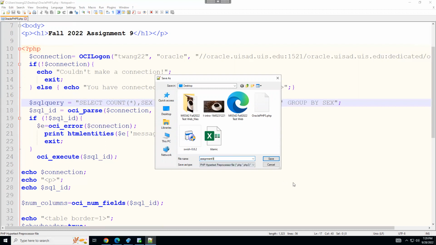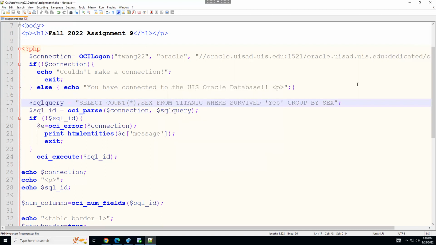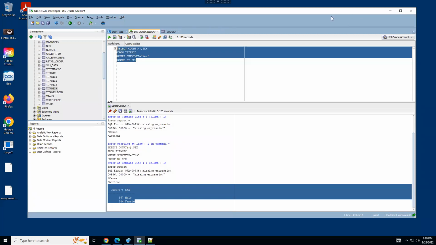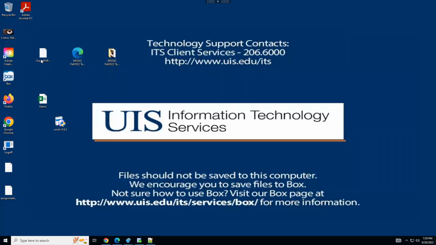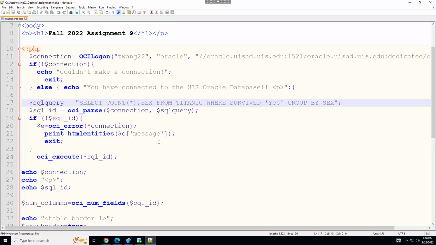Assignment 9.php. On your desktop, you should be able to see it right here. This is assignment 9 php.php. So now go to my